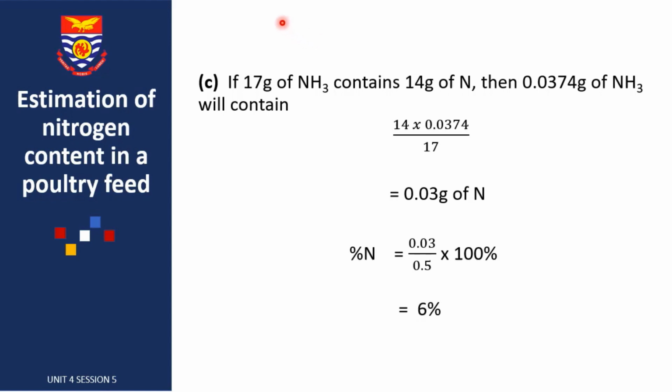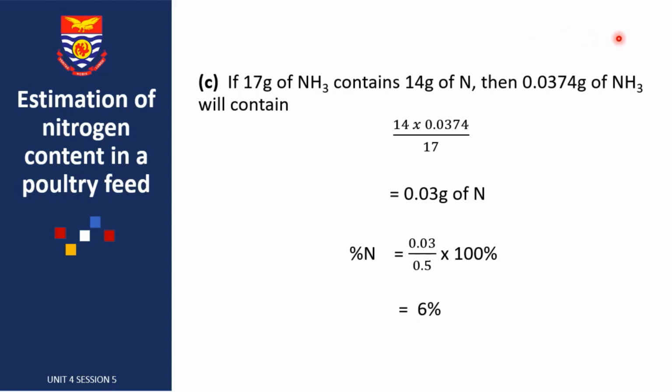We know that the molar mass of ammonia is 17 grams per mole. That is, we have 17 grams in 1 mole. So if 17 grams of the ammonia contains 14 grams of nitrogen, then